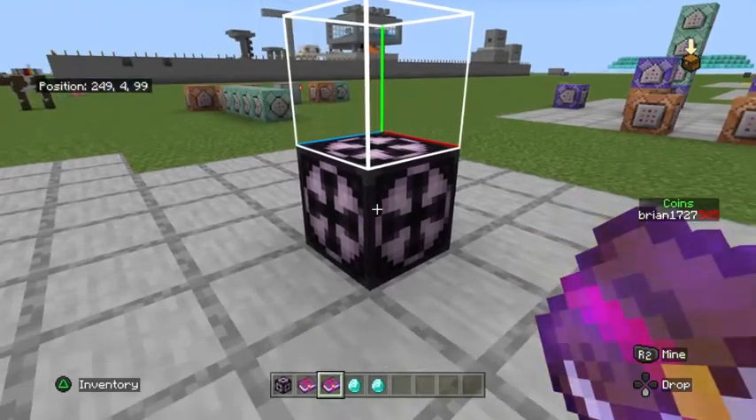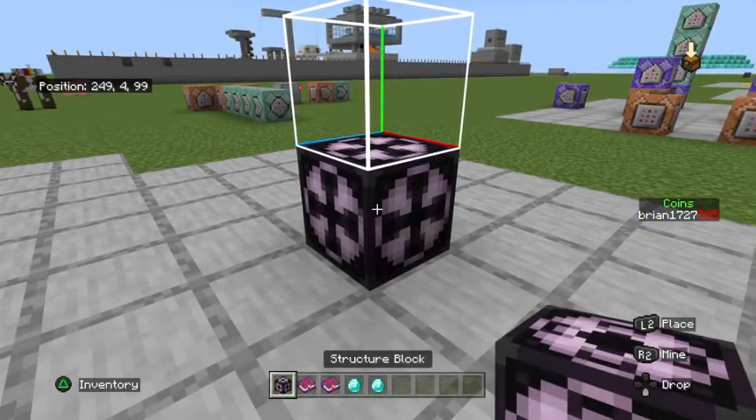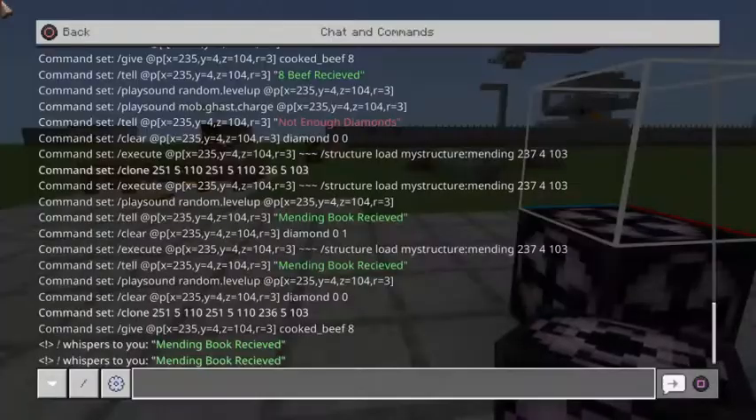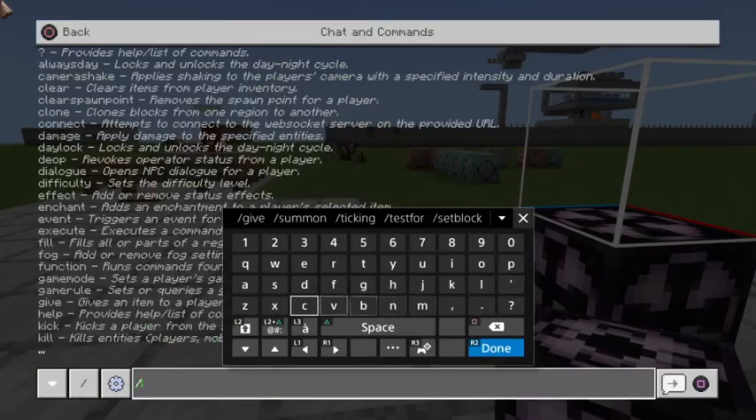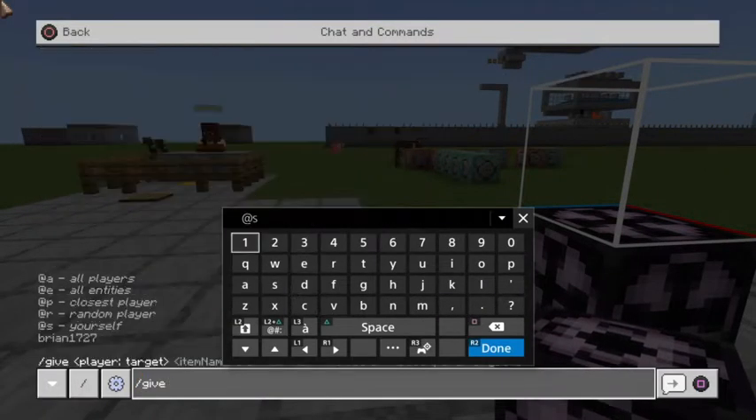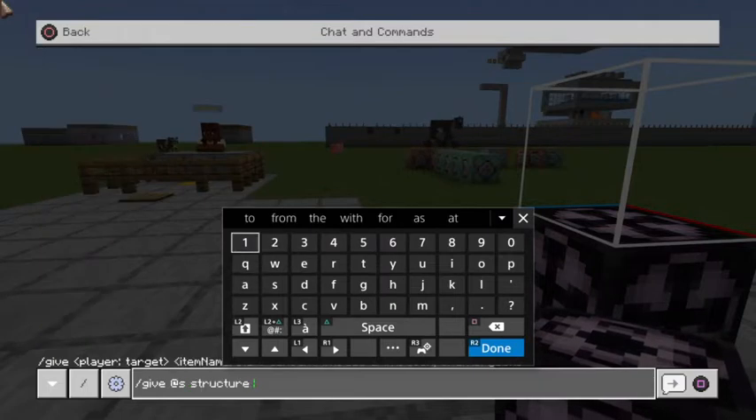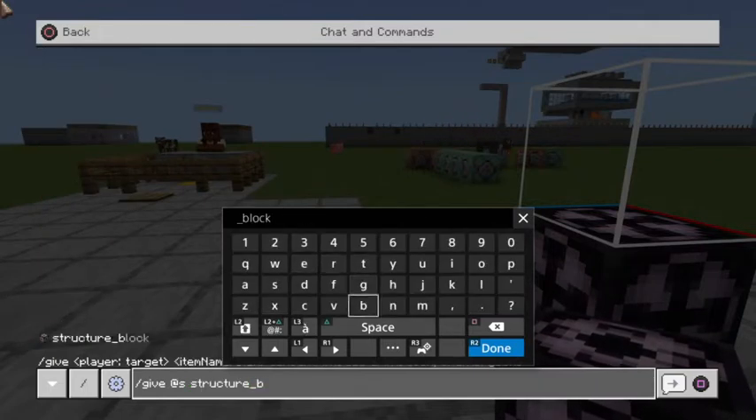So to start off, what we're going to do is give ourselves a structure block. To give yourself a structure block, if you're not familiar, you can go in here in the chat and do /give @s structure_block,